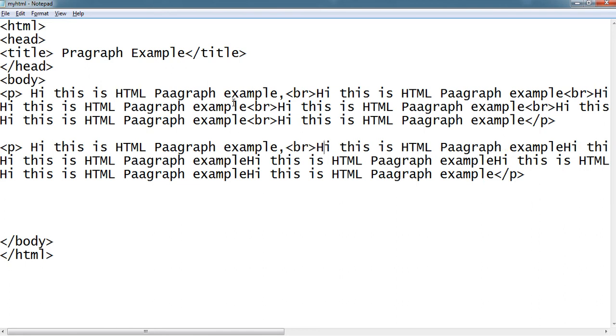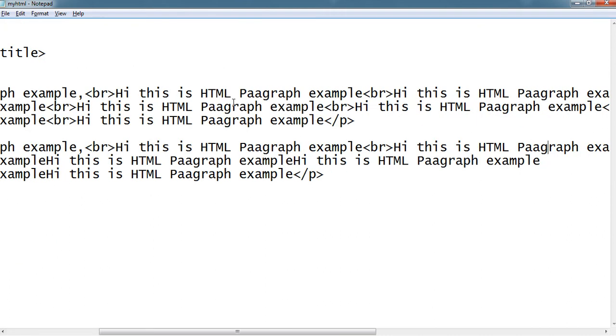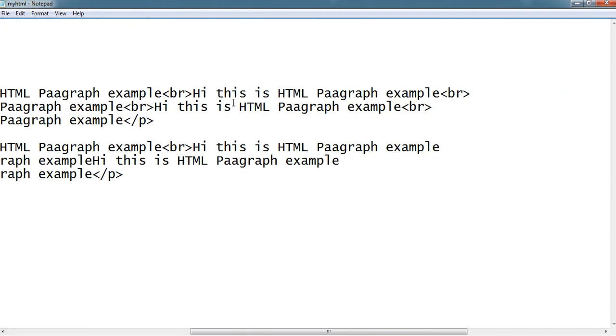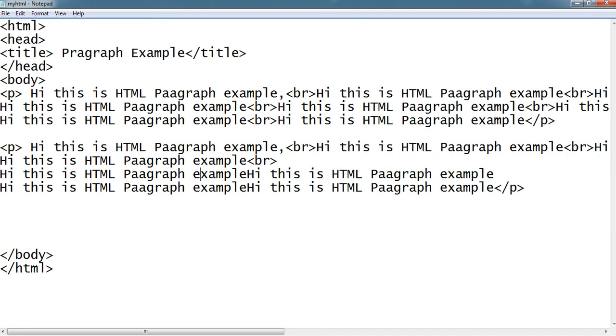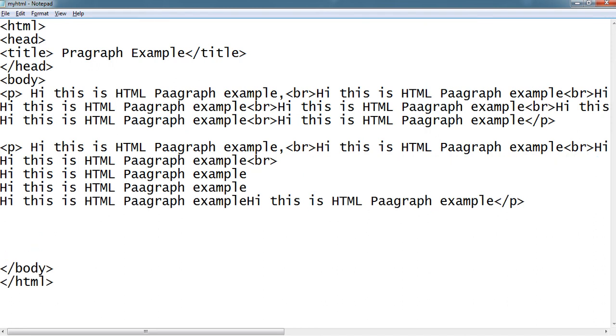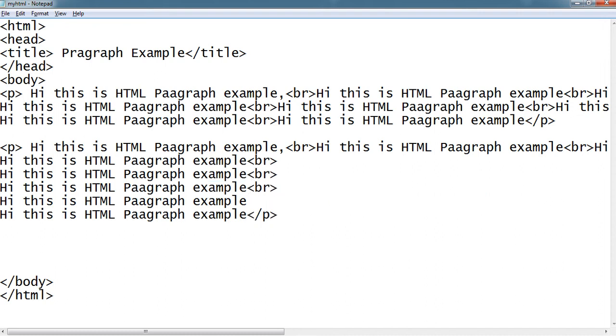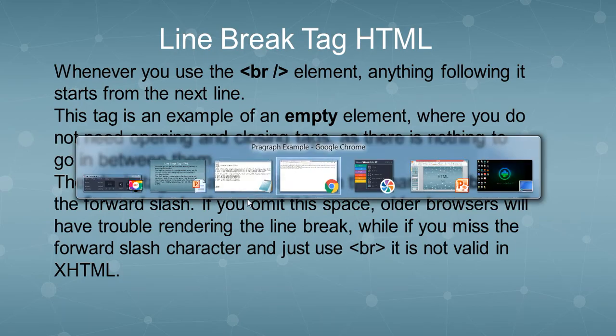So what we have to do is place the BR tag after every line, as we want it in the output. So here I am going to place the BR tag, okay student, and then place the same thing, the BR tag, and here also. So I have saved this, and now we will see the output.